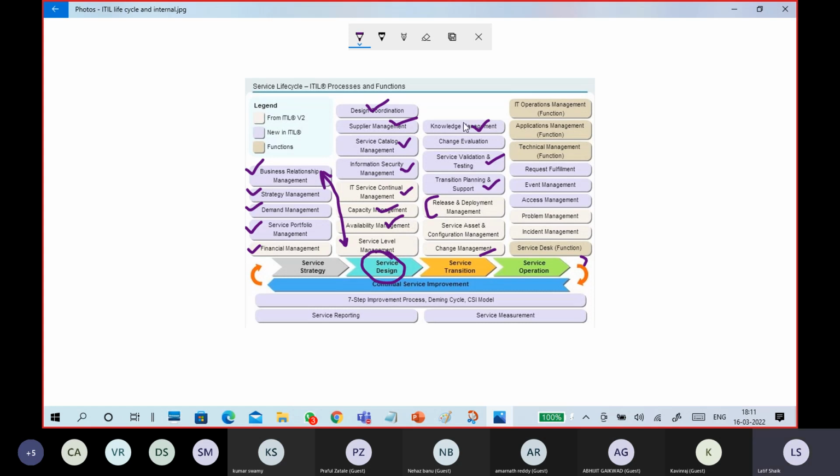Okay. So these are the main parts of ITIL. This part is there already. I told about service operations. And continual service improvement is another part. So continual service improvement is